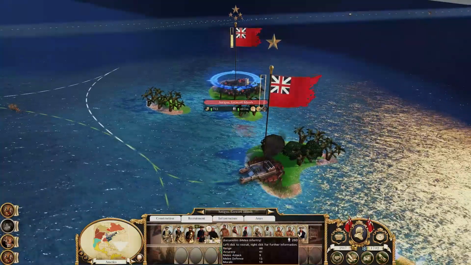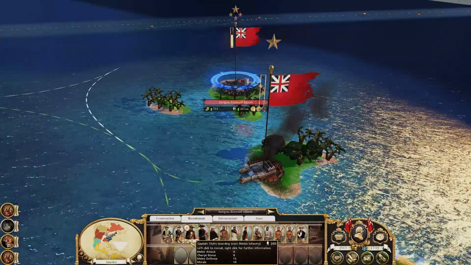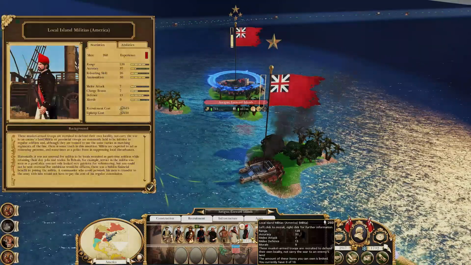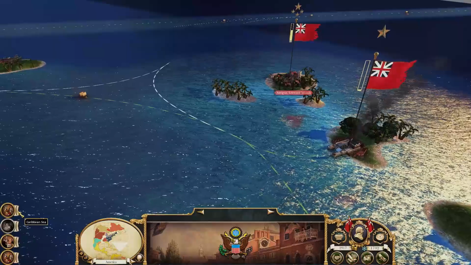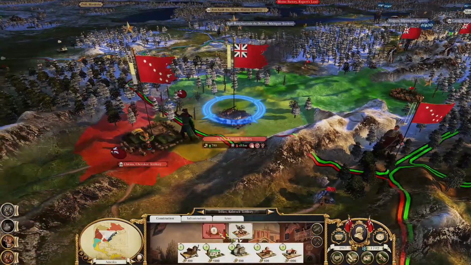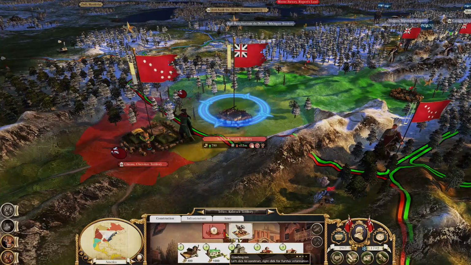Oh, what can we recruit down here? Captain Titch's boarding team. That seems pretty saucy. The local island militia, America. I definitely want to use that. That's pretty neat. It's here. Region captured. We took it. Hurrah. Let's destroy it. And I think in its place,